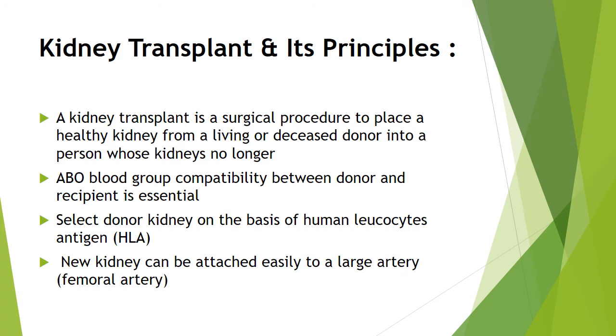Secondly, the doctors select the donor kidney on the basis of HLA, that is human leukocyte antigens. That means HLA matching is also necessary between the donor and the recipient. Okay students, what do you mean by human leukocyte antigens? They play an important role in the body's immune response to foreign substances. They make up a person's tissue type, which varies from person to person. After matching the human leukocyte antigens, the donor can donate their kidney to the patient.